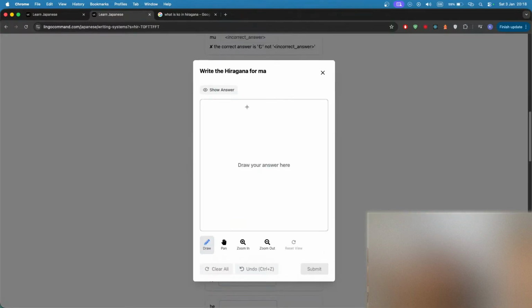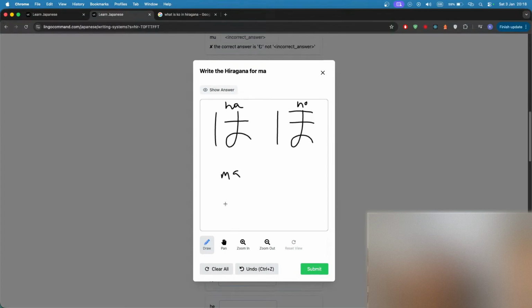Okay, so there are 3 hiragana to me that look very similar. So the first one is this one, which is ha. The second is this one, ho. The third is ma, which looks just like ho, but without this stroke, right? It doesn't have that. And so I think it's good to study these 3 because you're going to get them